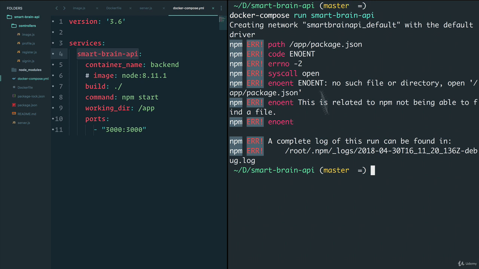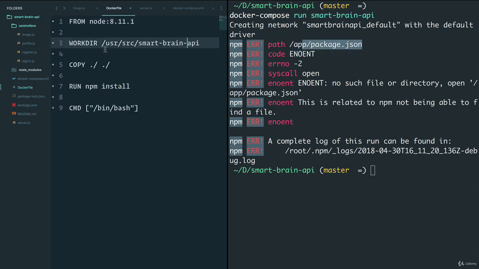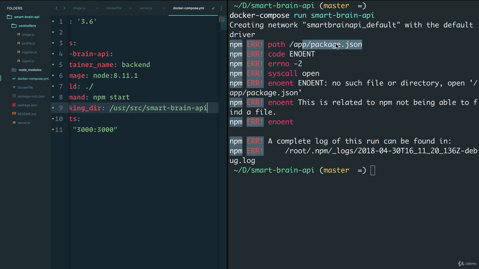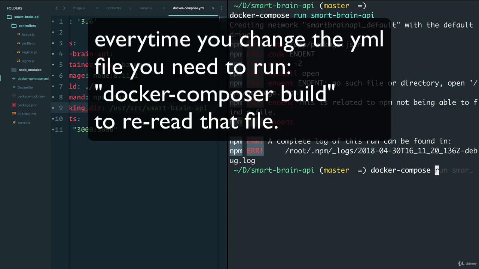So let's debug it. And we see that we're looking for the path app at package.json. But if you remember, in our Dockerfile, our working directory is this. So just to get a point across with working directory, let's try and copy this here instead of the -app that we created, because that's where our package.json files exist. If we run the build command again,